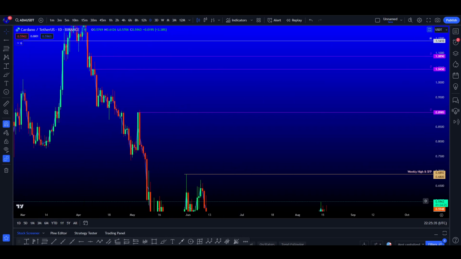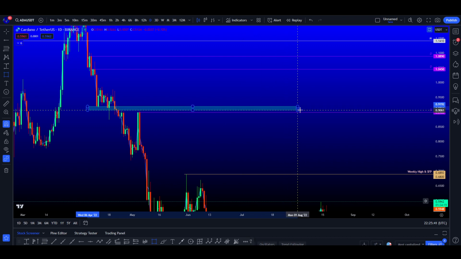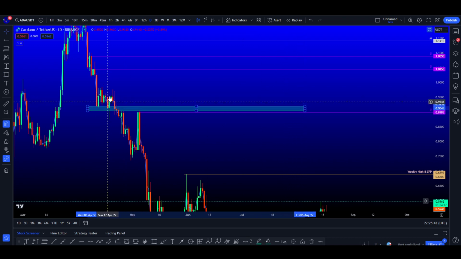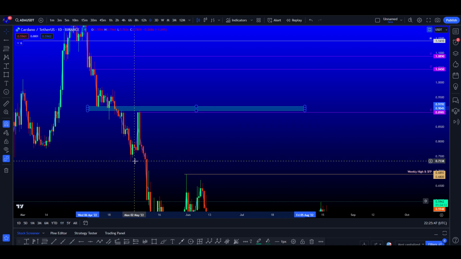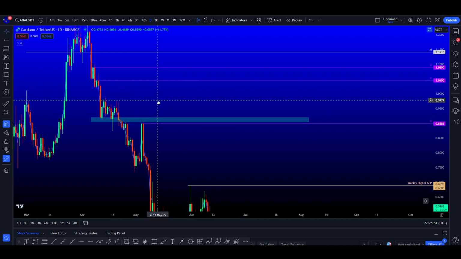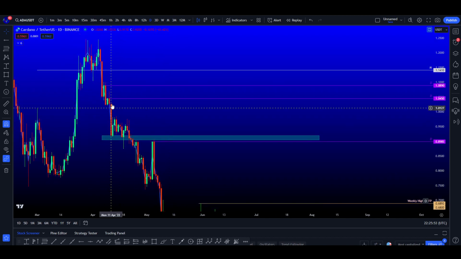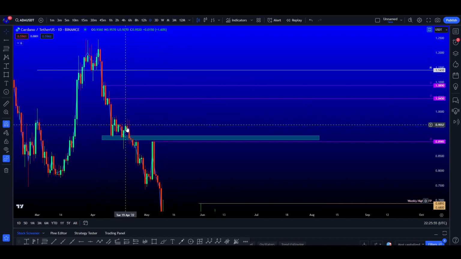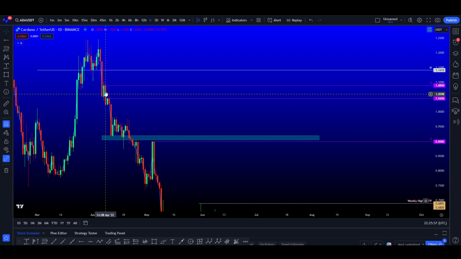So this, why didn't that work? Okay, so this was support, support, support, failed, back tested as resistance, resistance, resistance, right? So massive level. So this is going to be the most important level. This is a lot of support and resistance too as well, but I don't think it's as important as this